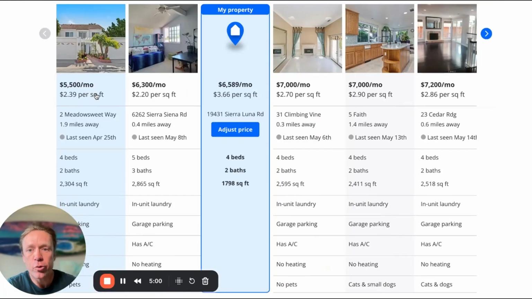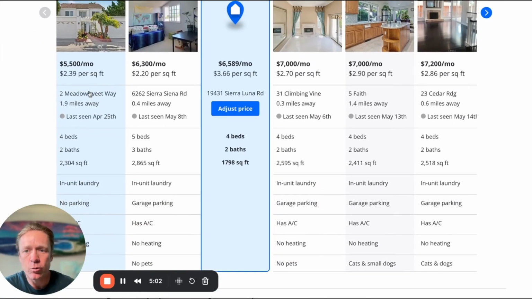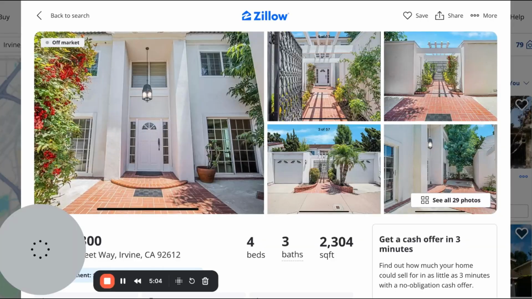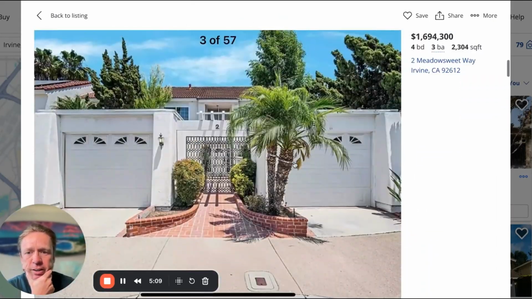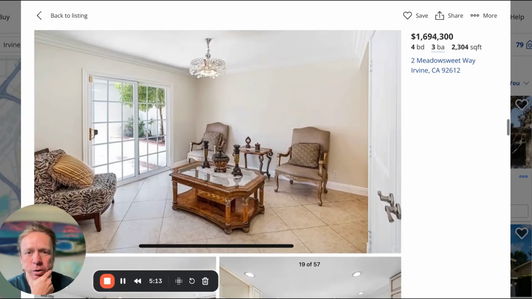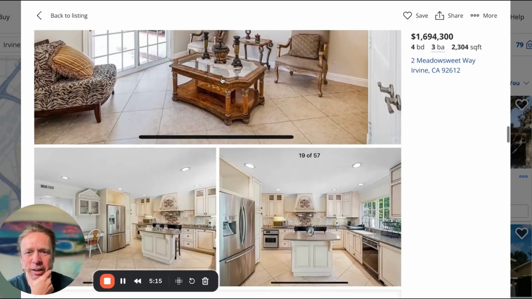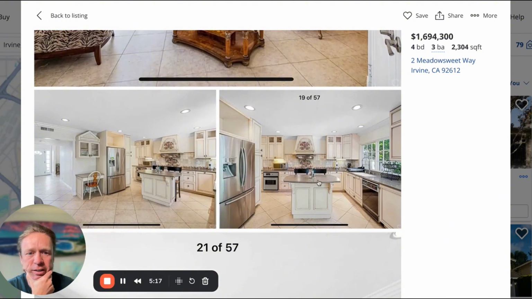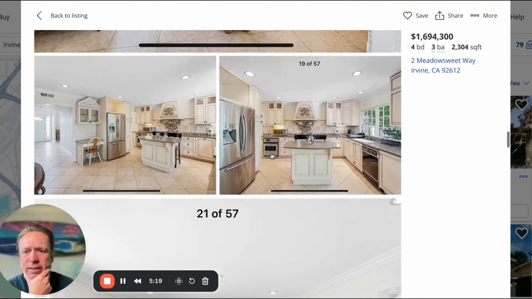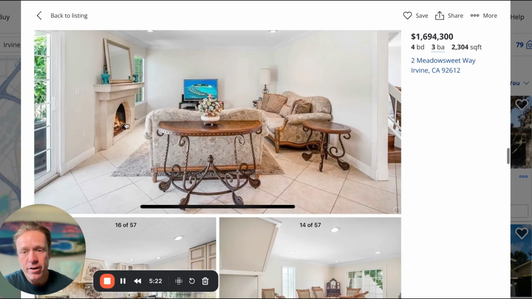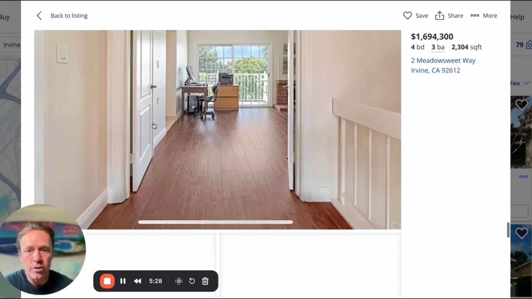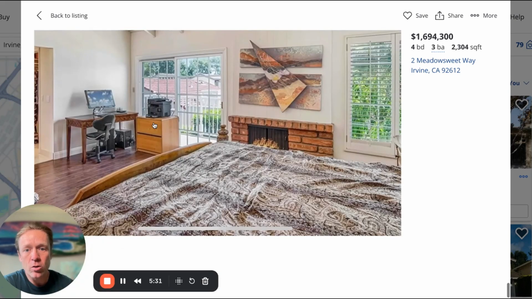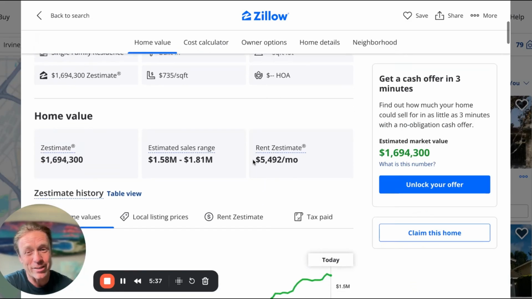So the only other true comp that this report generated was this one on Meadow Suite. If I pull up Meadow Suite and look at these photos, it looks like it's got 2 1-car garages, kind of an older feel, like the chandelier's kind of older, dated. The kitchen's upgraded, it's nice. The cabinetry looks very nice. Upgraded fireplace. This home has really nice hardwood floors up the stairs. This home also looks very nice. It doesn't look like it has a picture of the backyard, which maybe it doesn't have a backyard or a